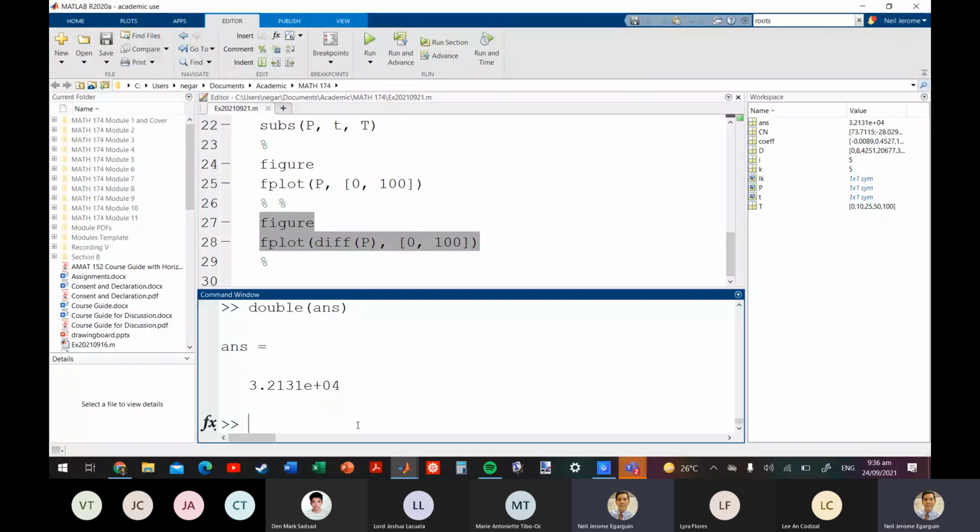An alternative to double is VPA, para makita nyo yung decimal places. Pwede kong gamitin yung ans kasi ang previous answer naman natin ay ito, which is equal to the maximum number of casualties pa rin. So VPA of ans, hit enter. So there we go, a decimal representation,